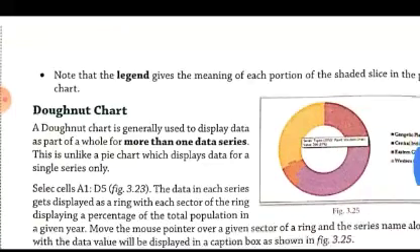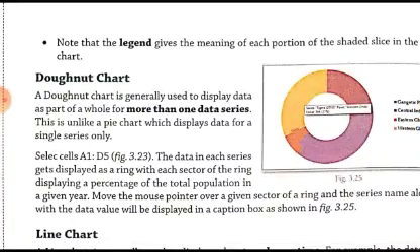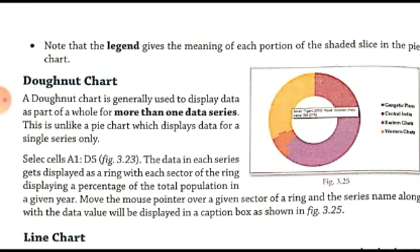Now we'll come on to the donut chart. So what is the donut chart? The donut chart is also a type of chart which is generally used to display data as part of a whole for more than one data series. So more than one data series means what? That here we will be able to combine all the values for the 3 years combined